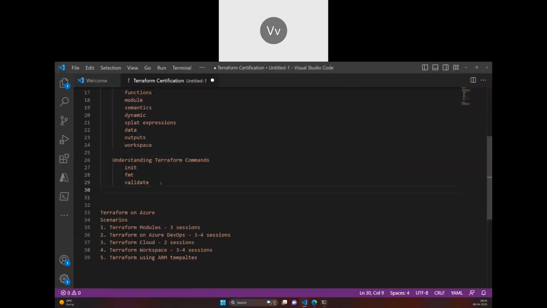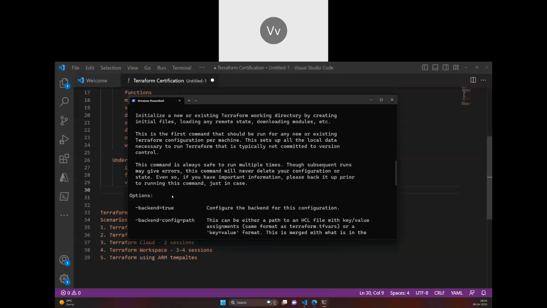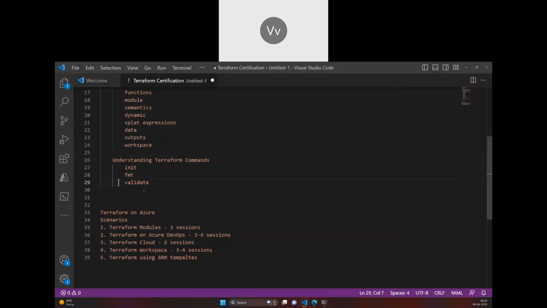So Terraform validate, fmt. I will not address every argument, it's going to be very tough, but yes, the primary ones in each, to make you understand the main functionality of that command. Then plan, we will talk about plan here.